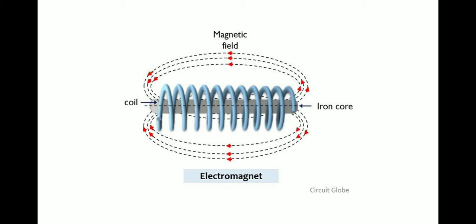Electromagnets. So, when electric current is passed through a coil wound around a soft iron bar, the bar gets magnetized and becomes an electromagnet. This kind of electromagnet has a wide range of applications, and it's used in most of the industries. Here, the electrical energy gets converted into magnetic energy, and the magnetic energy can be switched off and on by switching off or switching on the electrical energy.